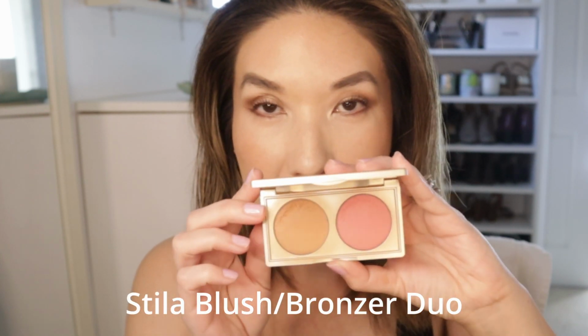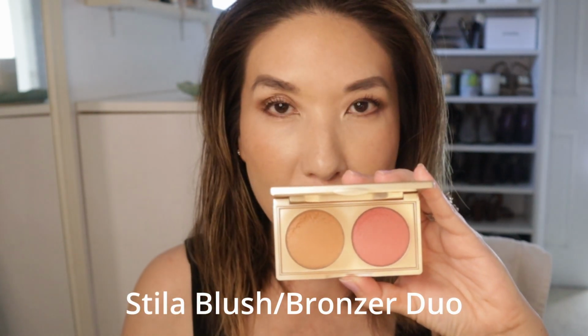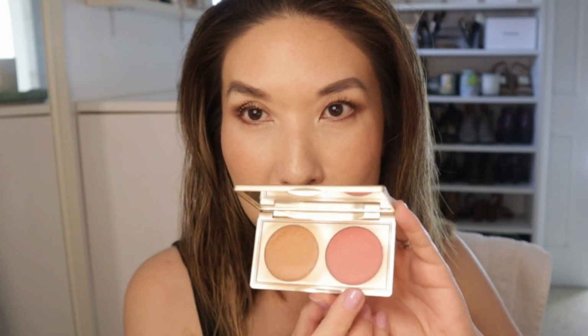Really excited for this. And then I have just three products. I have a couple of Chanel lip products that I've been testing out. I got this Stila blush and bronzer duo, and I know these have been around for a long time. Well, the blushes have, and they kind of have like a cult following. So I was really curious as to what it's called a putty blush, and that's exactly what it feels like, and so does the bronzer. But I really like both of these